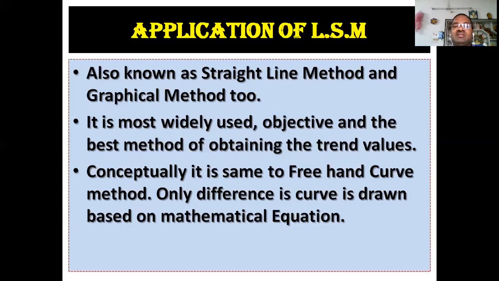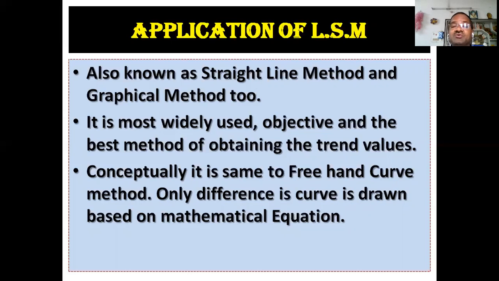So when we want to identify changes over a particular period, for example, on the OX axis we have taken 5 years, and on the OY axis 5 years of production. Now we can plot every year's production. After plotting the dots, if we connect the plots, we will get a straight line. Hence, this least square method is also called the straight line method.